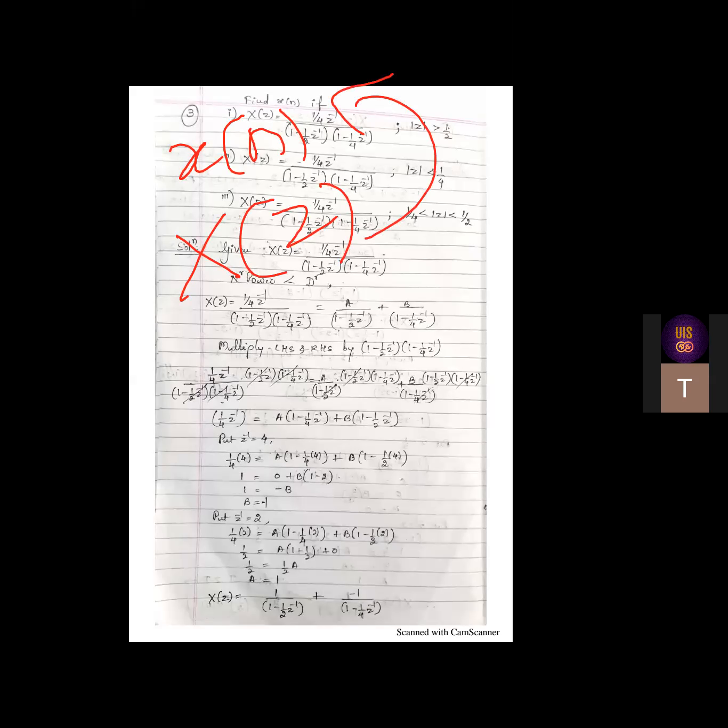We have seen in the previous class that we have two methods. One is the partial fraction expansion method. The other one is the power series expansion method. We have started with the partial fraction expansion method, and we have already solved two problems based on that. So let us continue the same method. We will try to solve a few more problems on partial fraction, a variety of problems. So let us start with today's problem.